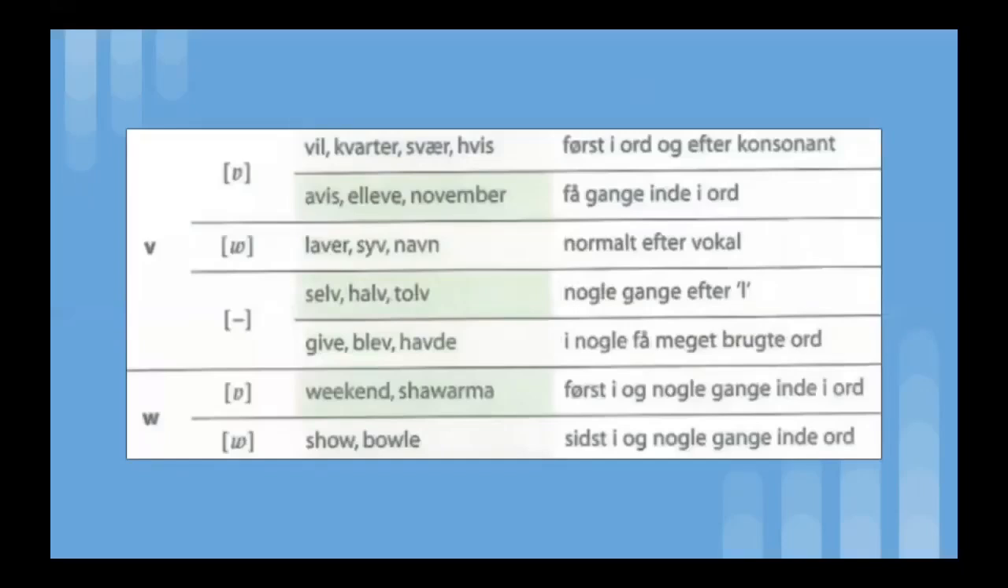The letter V has three types of behaving in Danish. The normal sharp V is pronounced like its own V sound when it's placed in the front of a word or after a consonant. We have it in ved, kvarter, svær, og hvis. So vil or ved, hard V, and also when the V is placed after